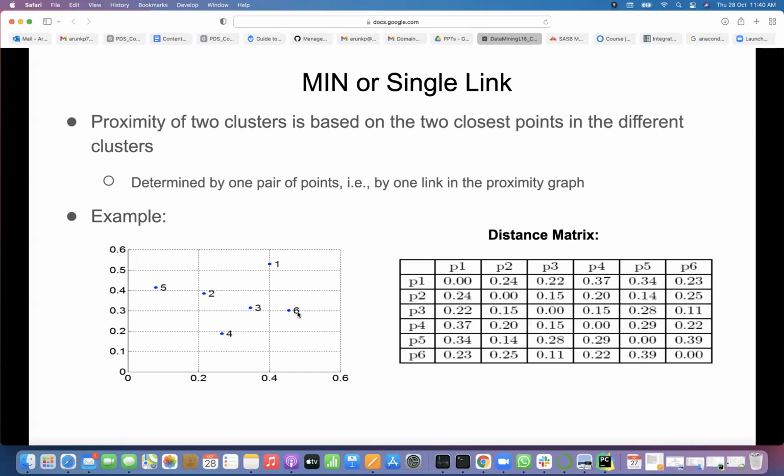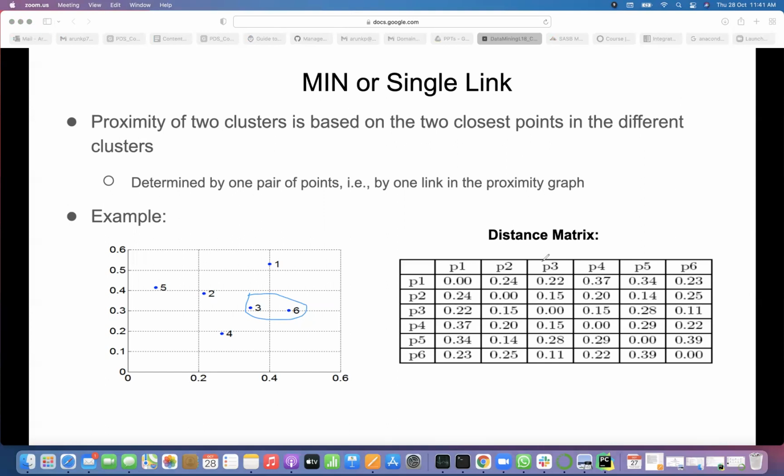Once you merge 3 and 6, how many clusters do you have now? 5. So which 2 clusters are to be merged next? Whichever pair of clusters is closest, right?